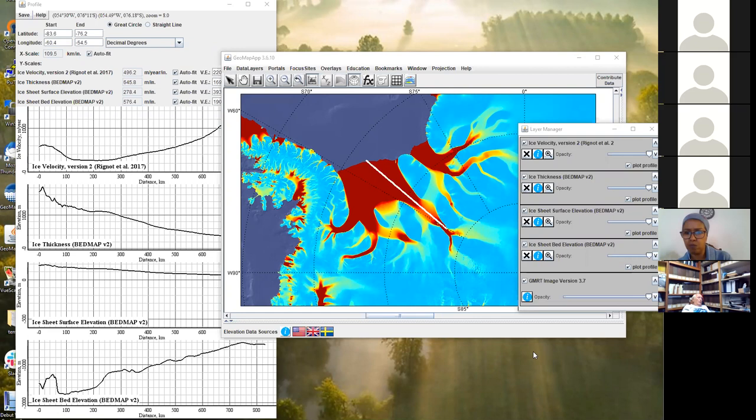Does anyone want to see the GPS velocity vector portal? Andrew, that's why we're all quiet. We're all playing with the data. Oh, okay, that's good. This has been a bit of a whirlwind, but